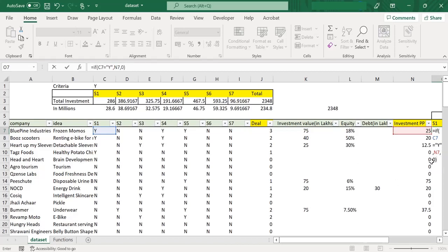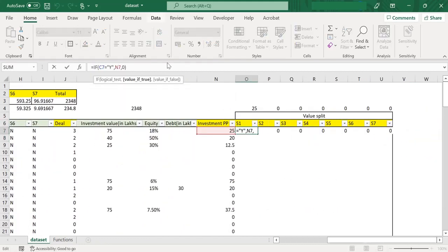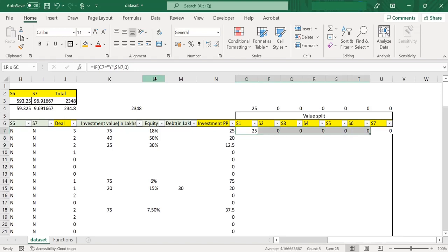I'm closing the brackets and pressing enter. We are going to fix the N column here and not the row number, as we need to copy the formula for the other line items. So I'm pressing enter now, then selecting again towards the right and pressing Ctrl R.